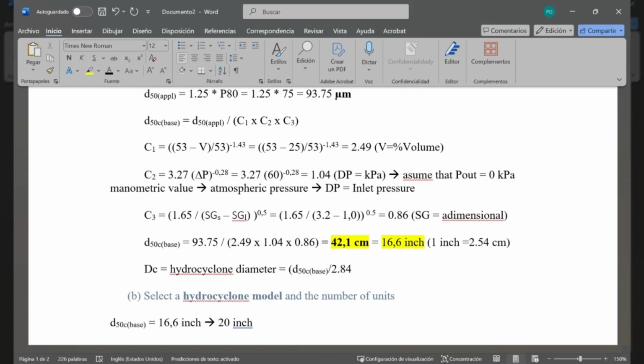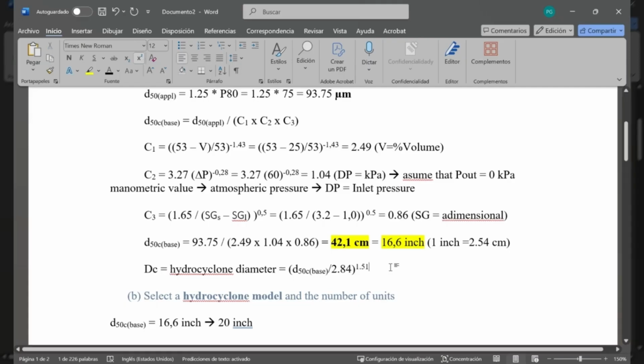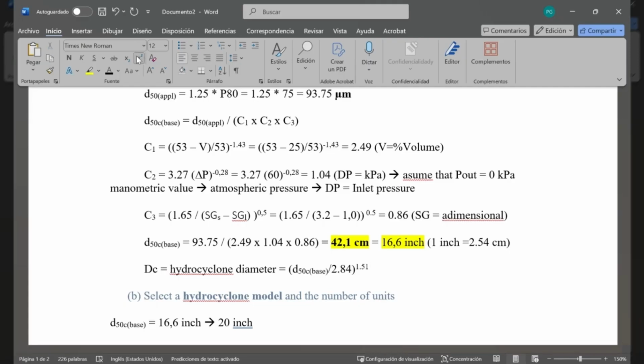2.84, which is just an empirical number, okay? So don't get scared with that. This is just an empirical formula. And all of this elevated to the power of 1.51. All of these are empirical formulas, remember. So in this case, if we apply this, the final diameter, or the actual diameter, is going to be,